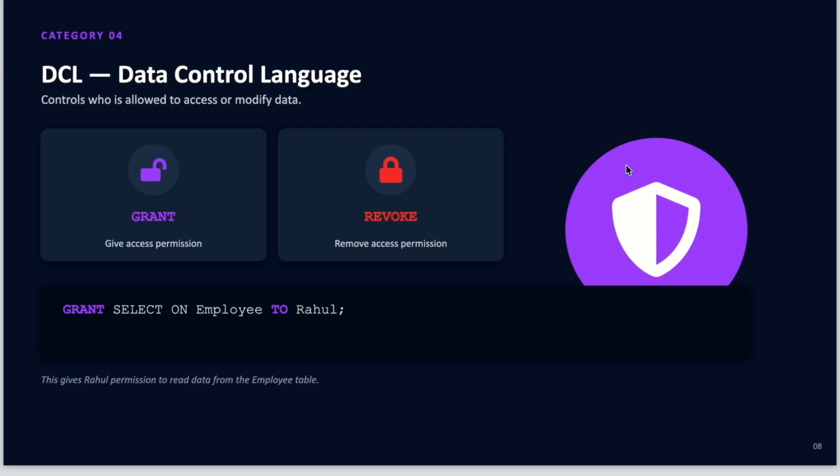Grant means you are giving the permission to the user. You can manipulate or see the data or whatever access you will give. With revoke, you take the access. You have given access to me that I can see the student table, but after some time I didn't need this access or I have left your company. So what you have done, you will revoke all the access you have given to me.